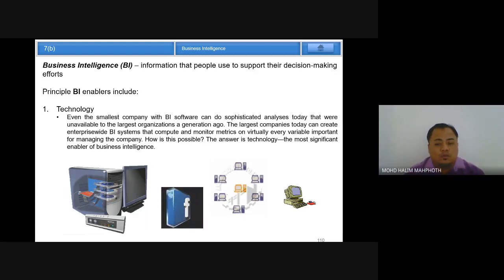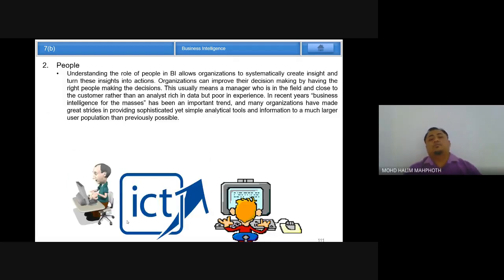So you have a good technology, a good network, to transfer and extract your data before it can support your decision making. The next one, people. First we have technologies, second we have people. Who is people? The ones who treat or work with that data. Understanding the role of people in business intelligence allows organizations to systematically create insight and turn this insight into action. You should have knowledge